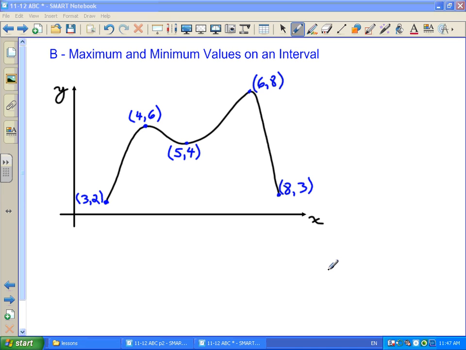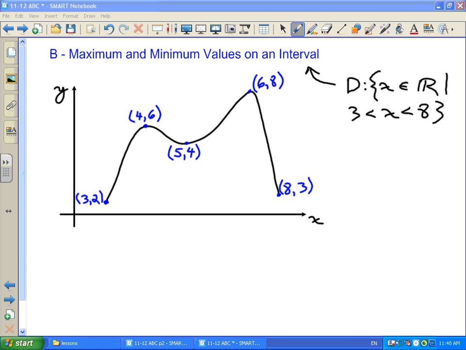Okay, so now we're looking at some material out of box B. We want to take a look at maximum and minimum values on an interval. What I mean by on an interval here is I've drawn a little sketch of a function, and I've restricted the domain of this function. Here my domain is x is an element of reals, and I've restricted x to go between x equals 3 and x equals 8. So x sort of only exists in this little region right here,